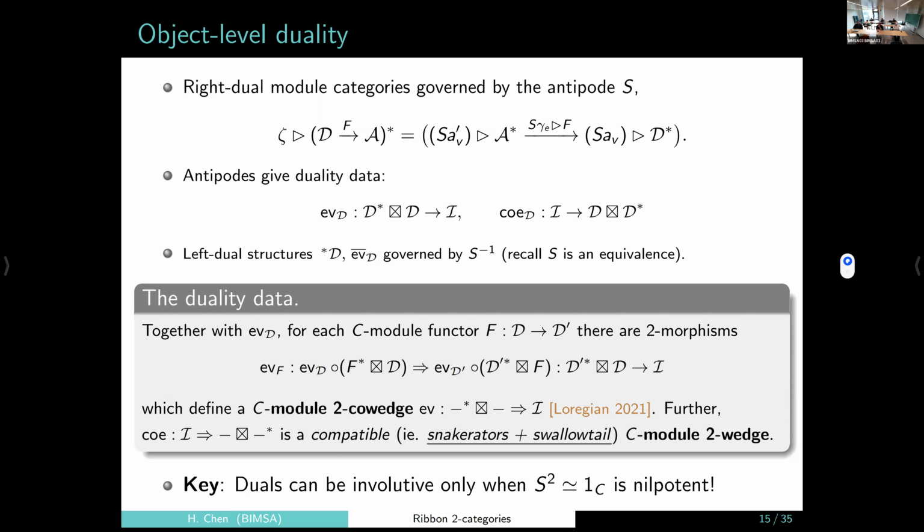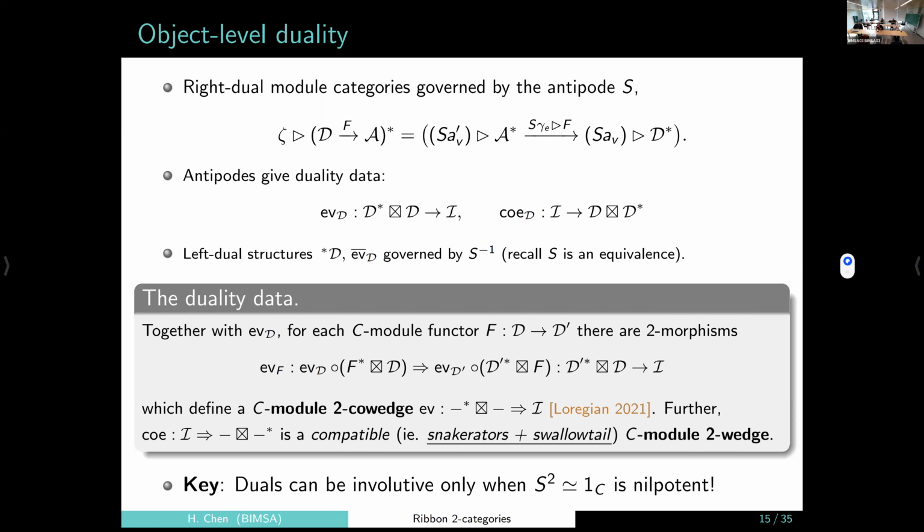This is just a formality, but it is saying that the action, the C-module structure on the dual, is given by the antipode. And also the left dual: I have a right dual, I have a left dual. The left dual structure is given by S inverse. It's kind of the canonical thing to do. And if you use the antipode axioms, then you're able to write